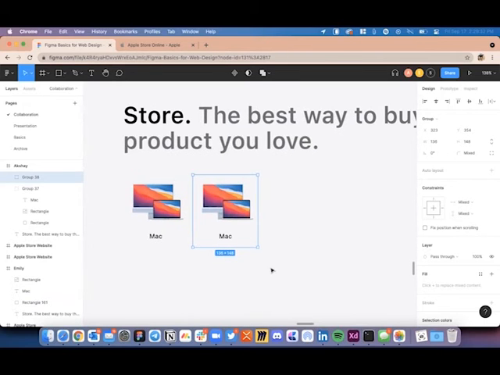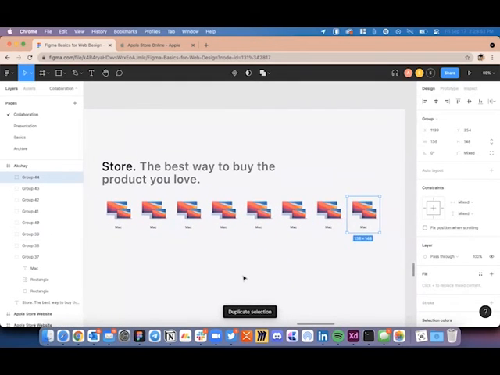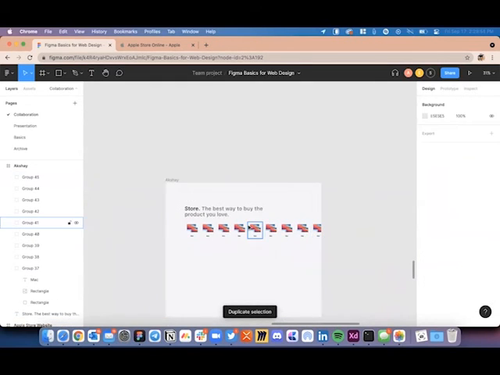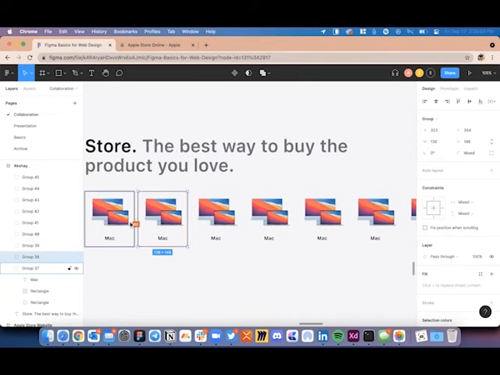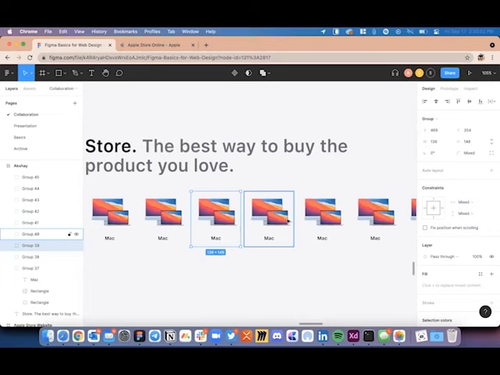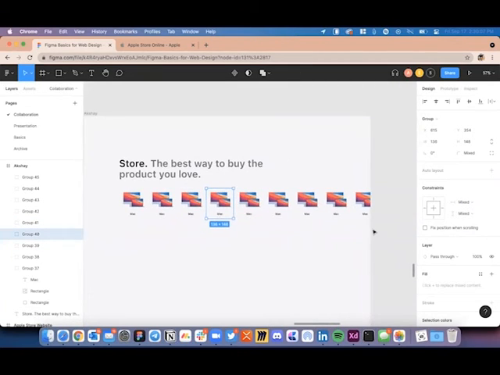And one more thing about Figma is that once you have created a duplicate, it saves the information of how far it was from the original one. So once you create a single instance of a duplicate, you will just need to press Control D or Command D to keep repeating that pattern. This is how you can create multiple duplicates, which are at the same angle from the original one. If you guys can see, it's created a pattern for me.